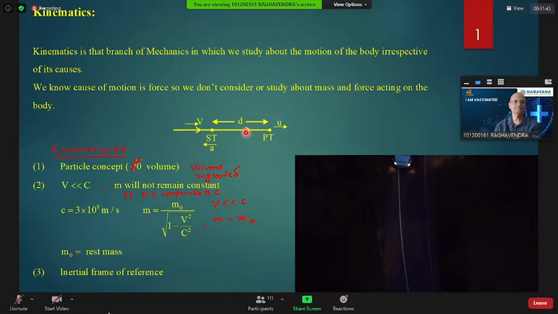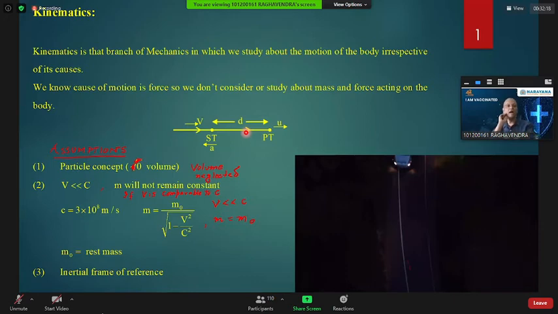Clear? Now, we have various kinds of mechanics: Newtonian mechanics, Lagrangian mechanics, Hamiltonian mechanics, quantum mechanics, relativistic mechanics. We study the first, Newtonian mechanics, which is based on the concept of force. For the validity of Newtonian mechanics, there must be some assumptions. Only under certain conditions will whatever you are studying be true.